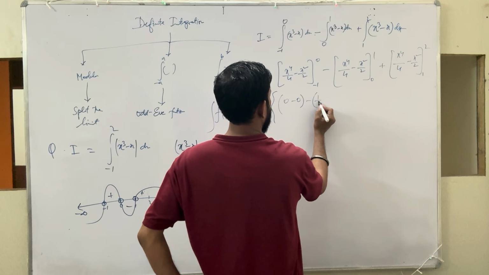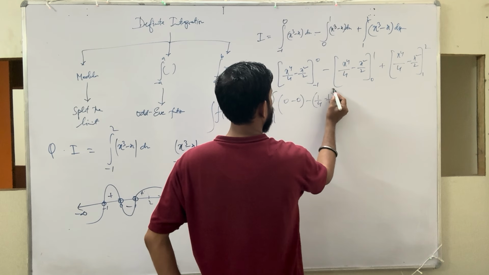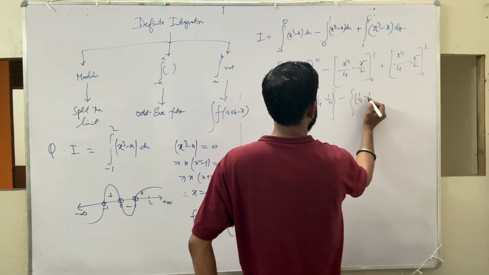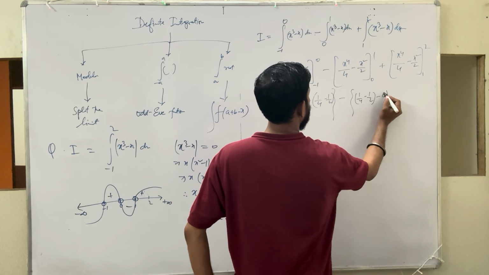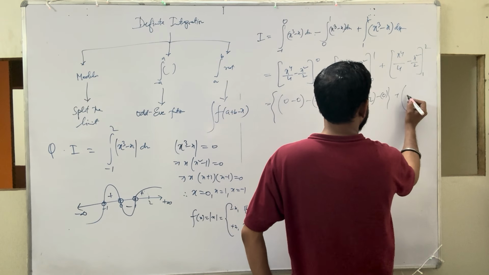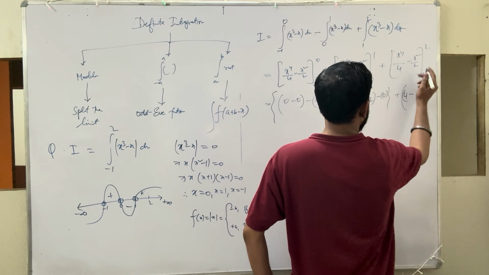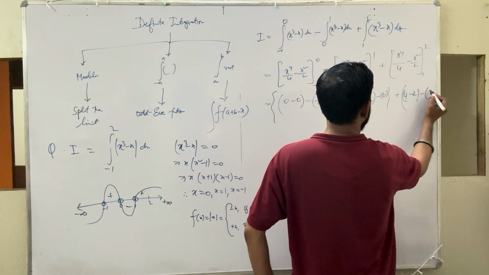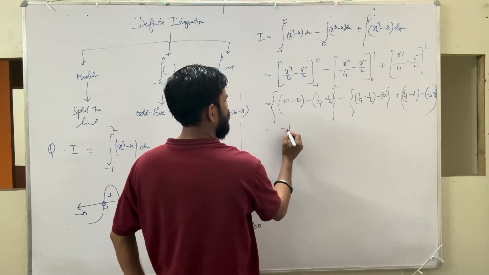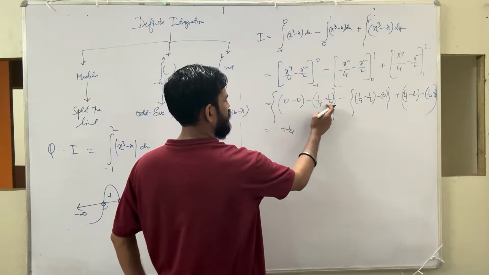If you put minus 1, we get 1 by 4 and then 1 by 2, minus here 1 by 4 minus 1 by 2 minus 0. And then here 2 to the power 4 is 16, 16 by 4 is 4, minus 2 squared by 4, which is 2, minus 1. If you put 1, we get 1 by 4 minus 1 by 2. So after solving this, we get minus 1 by 4, minus 1 is plus, we get 1 by 4,